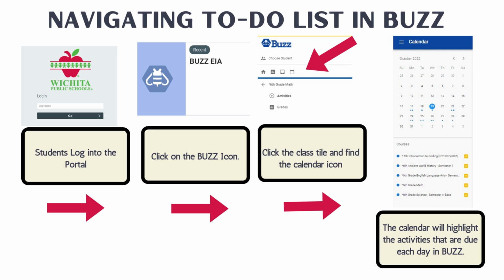So, navigating the to do list in Buzz, students are going to log into the portal. They'll click on the Buzz icon, and then they're going to click on the class tile and find the calendar icon as indicated above. Once they click on the calendar icon, the calendar will highlight the activities that are due